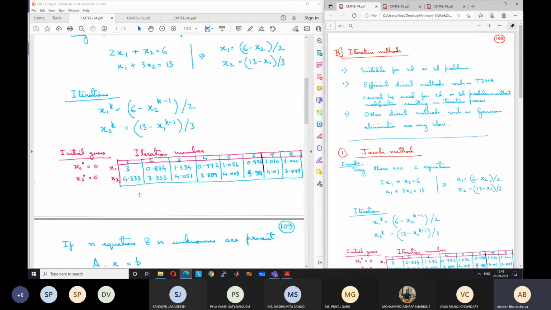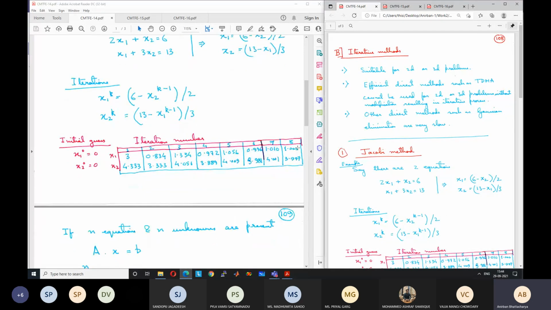And like this, we continued, and we reached a point when the change was less than 0.01 or something like that. Because we are doing it manually, we said that okay, we have reached the correct solution. If you do it using a computer, we will need much stricter convergence criteria. We will not be satisfied by 1% error. We want very little error, because the error builds up in each time step.